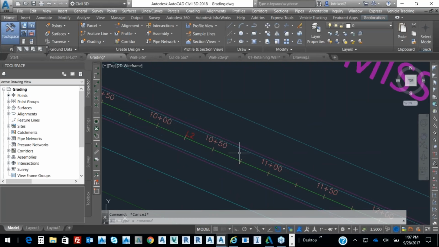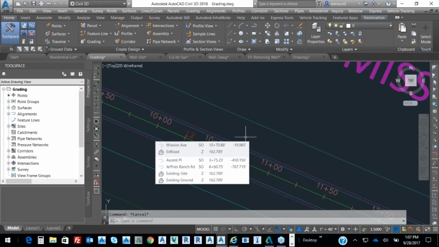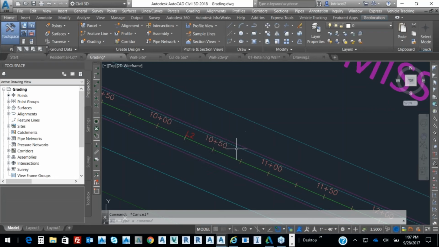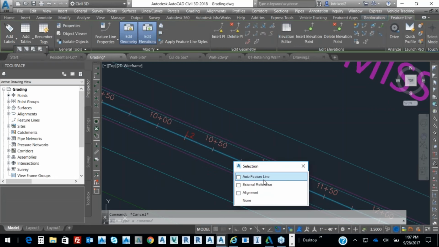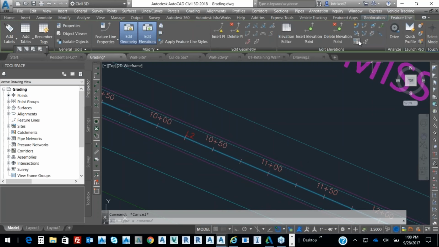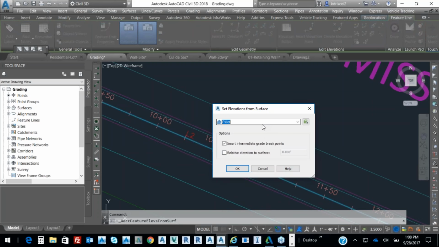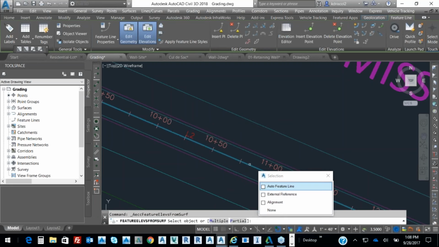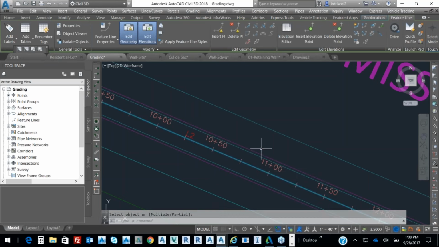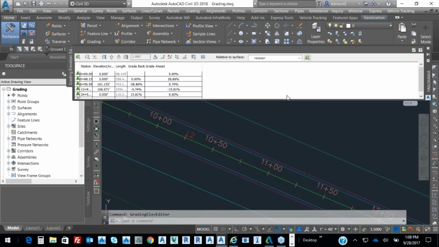From that, and I don't really need elevations, even though if I hold my cursor right there, there's an existing road surface. So I can grab the elevations from that surface from the feature line. So if I pick on it, I could just go ahead and select grab elevations, and we're going to do something. We're going to deselect intermediate grades. And I'm just going to say existing road. And when I select OK, pick my feature line, hit enter. If I right click on that, go to elevation editor, I've grabbed